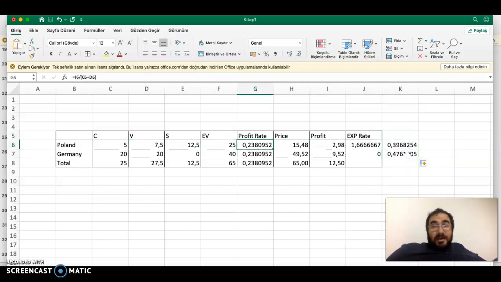But actually, this is so because capital mobility is distorting the prices. This is not so in this case. In this case, because German workers are not necessarily more productive than the Polish workers. So basically, the capital mobility and the international trade